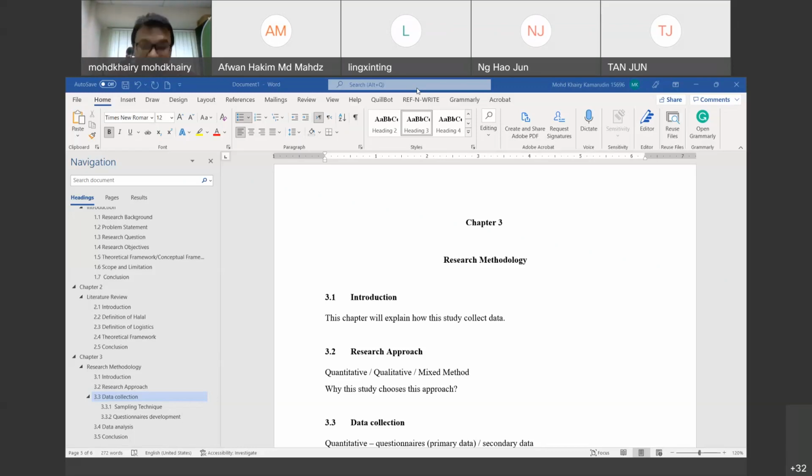But for a mass topic, for example halal logistics, there are a lot of companies that offer halal logistics. That's why for halal logistics, maybe you will interview